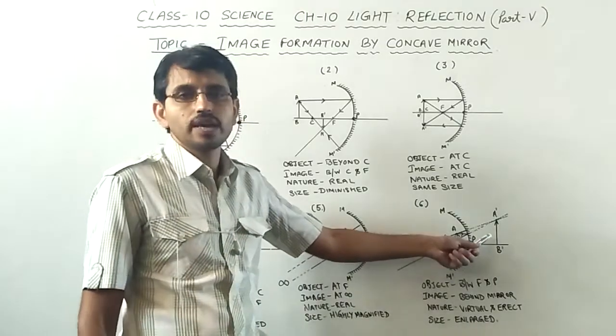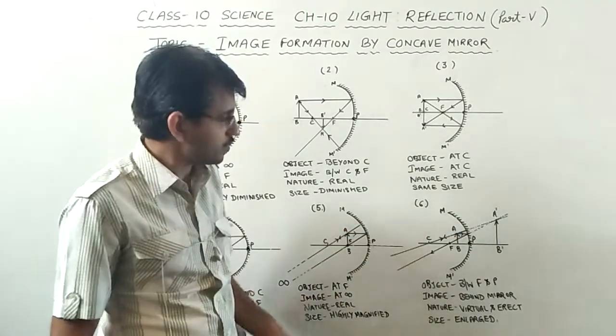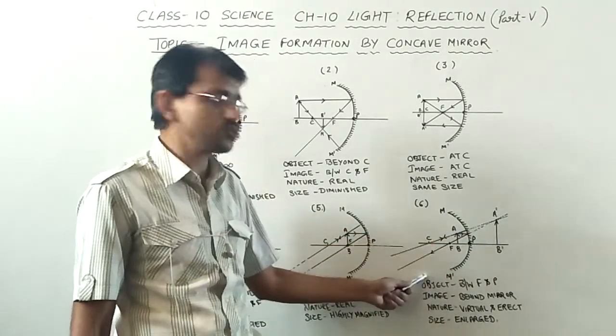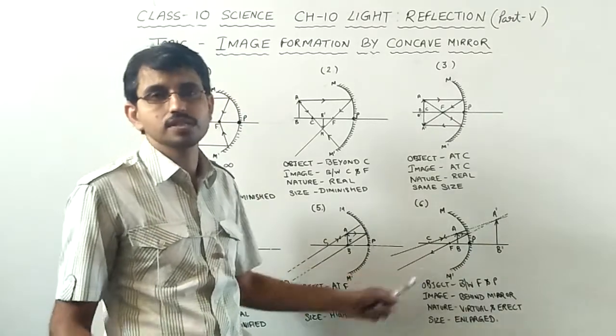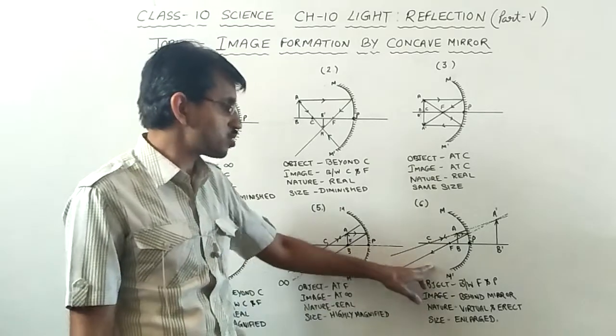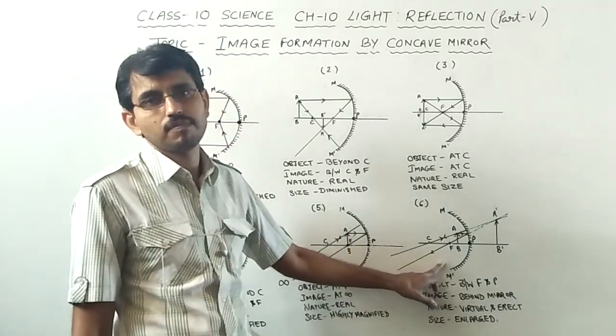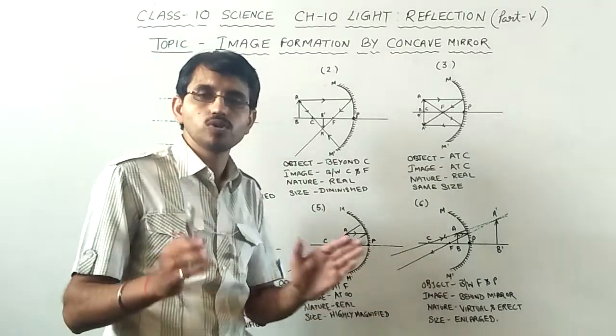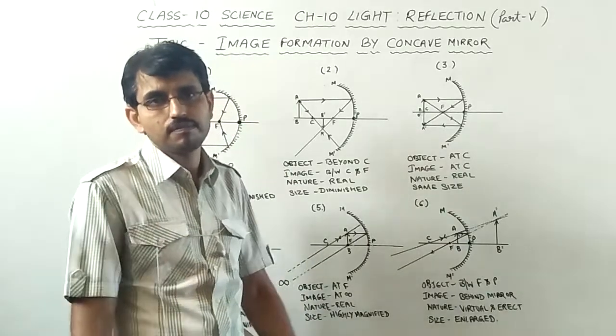Virtual case. This is the case which produces a virtual image. Student, this is a very important case which is usually asked in exams, because this is the only case of concave mirror where a virtual image is formed. And what is the use of this case? Shaving mirror. So with these backgrounds we have also learned the uses of mirror.